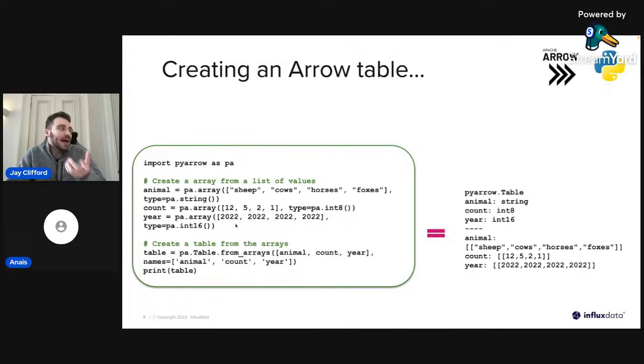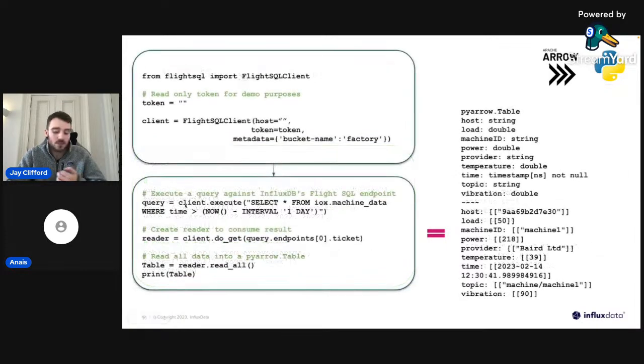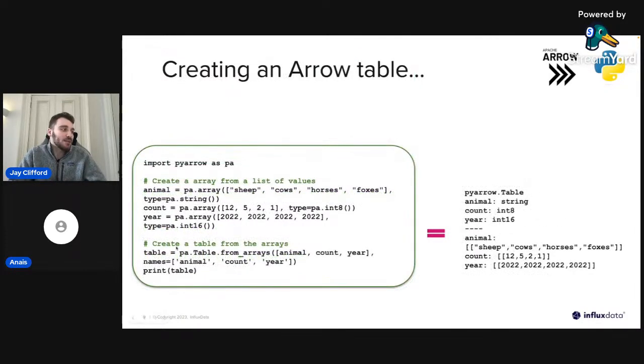So once we have these arrays created, we can then formalize our table. You can see here, table equals pa.table.from_arrays. We then include each one of our array variables, and then we provide three names. The names here you can imagine as your column headers. So we have animal, count, and year. And then once we print our arrow table, you can see the representation of the table stored from the printout. So we have our PyArrow table, we have animal, count, and year based on those types, and then we have